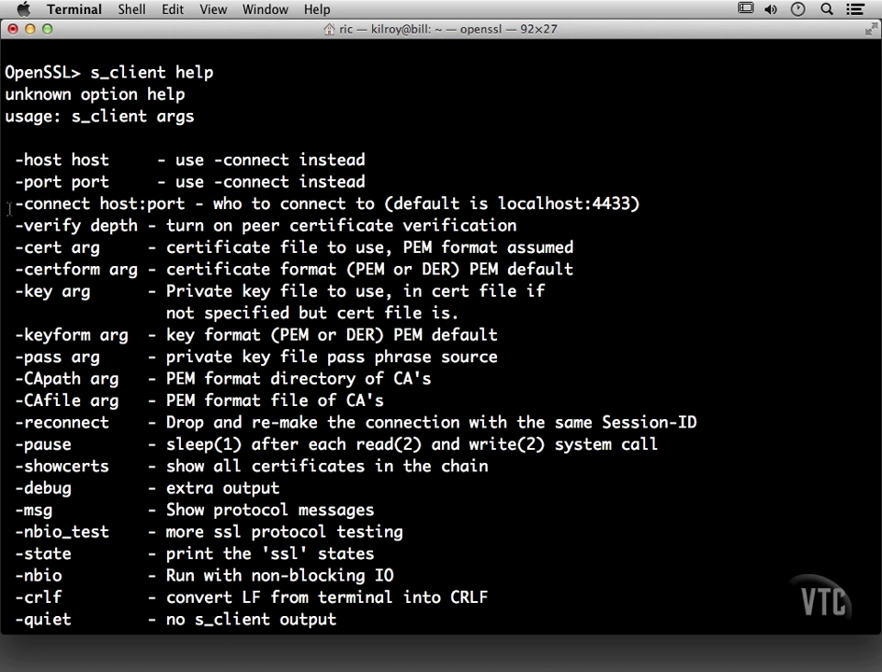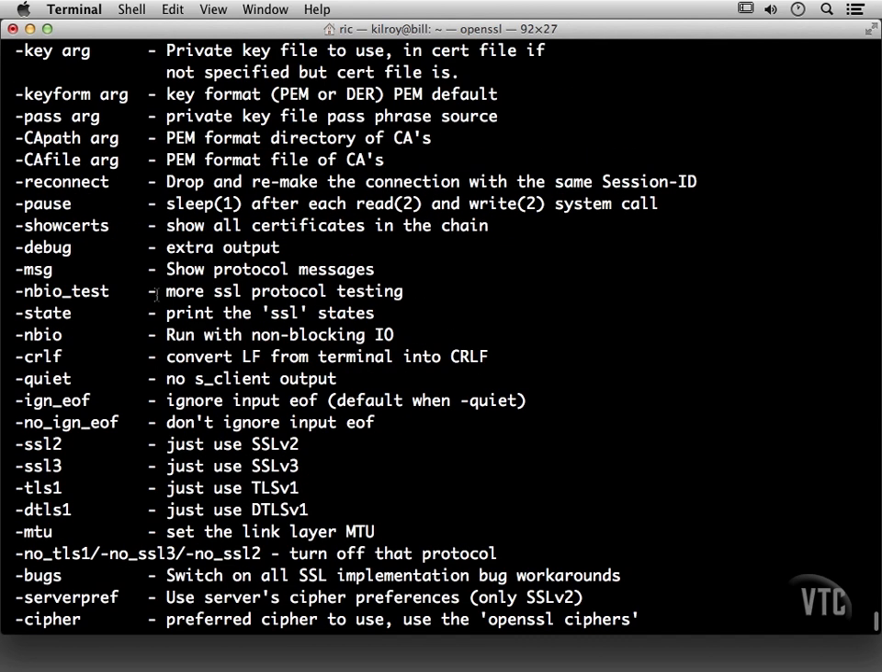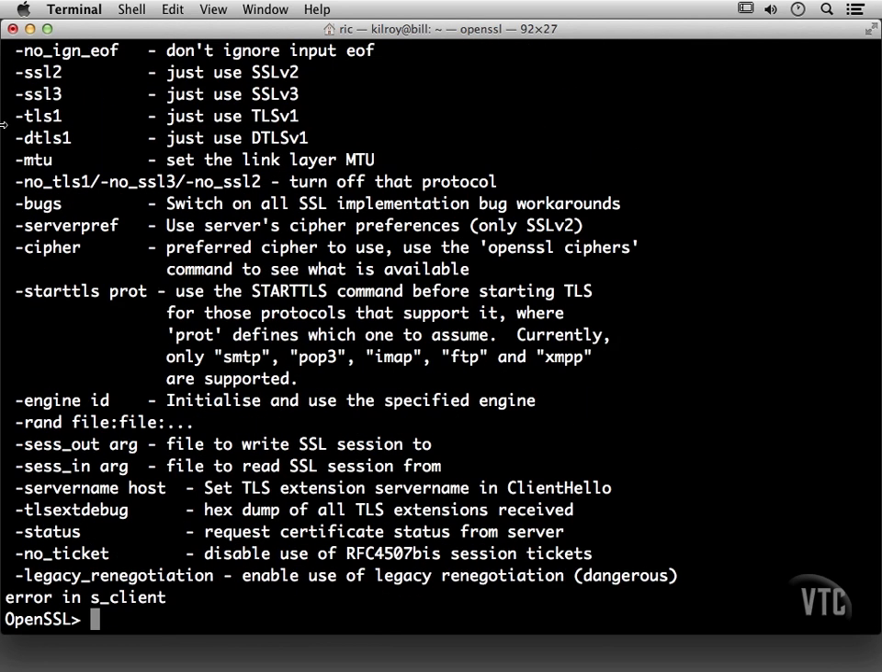do the -connect option. Now, I can also do things like specifying the certificate that I would use to negotiate the encryption, and I can specify a number of other things as well. Like, for example, I could specify that I want to use SSL version 2, SSL version 3, TLS version 1. So what I'm going to do here is s_client